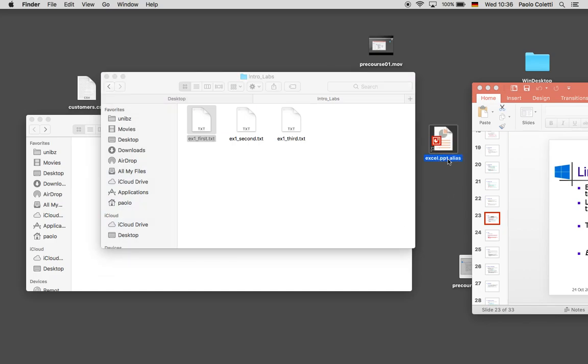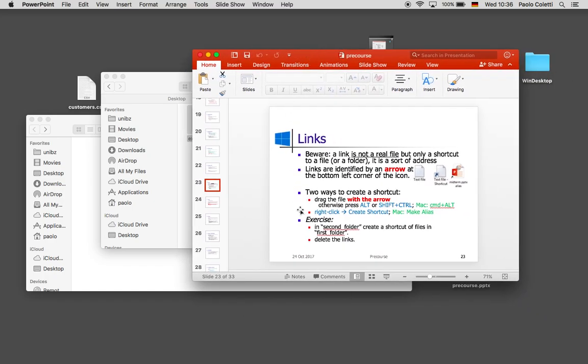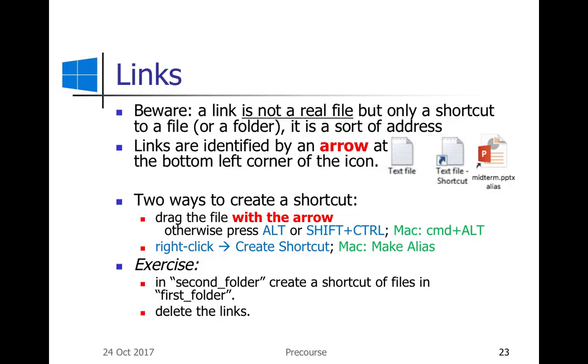I can just rename, remove the word alias, and now many people will probably believe this were a regular file because the arrow here is black and you don't see it very clearly. This can be very dangerous if you don't know how to use it.